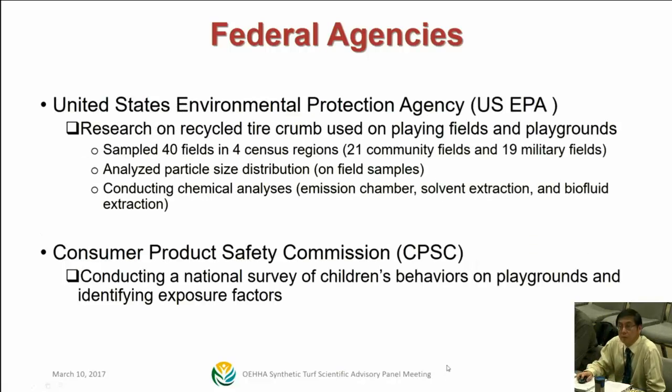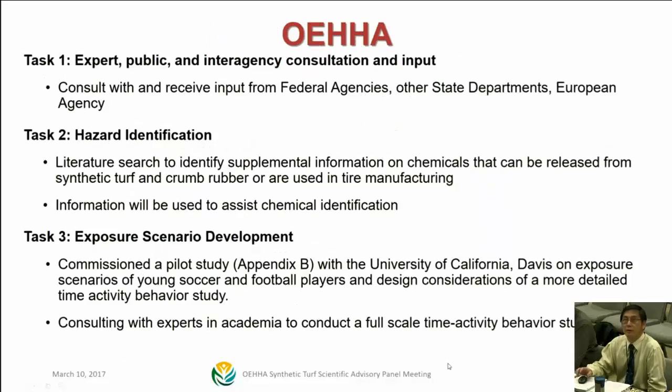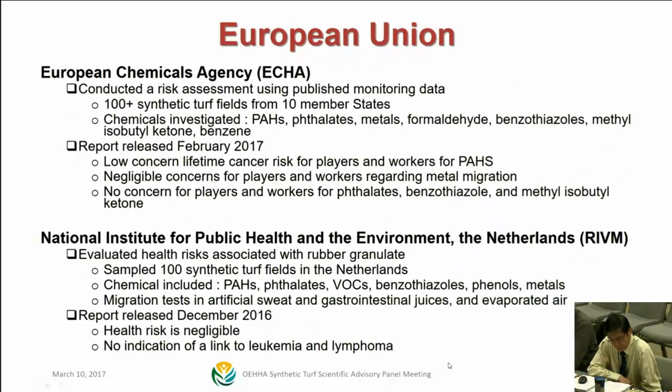Now, in Europe, they completed 2 studies recently. The first one is by the European Chemicals Agency. They conducted a risk assessment using published monitoring data, and they looked at over 100 synthetic turf fields from 10 member states. And they investigated many chemical groups, including polyaromatic hydrocarbons, PAHs, phthalates, metals, formaldehyde, benzothiazoles, methyl isobutyl ketone, and benzene. And they issued their report in February 2017, and they concluded that there's low concern of lifetime cancer risk